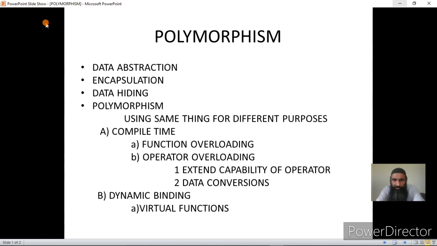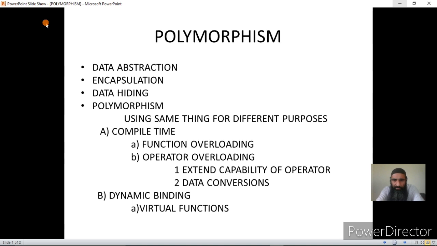We have also seen that in C++ there are access specifiers for data and functions. The default access specifier for data and functions of a structure is public and for a class is private. Then we have seen how we can change the access specifiers of data and functions. There are three possibilities: public, private and protected, and that way we are able to restrict the access of data and functions of a particular class or structure. This feature is called data hiding.